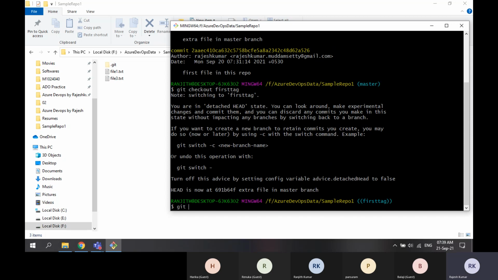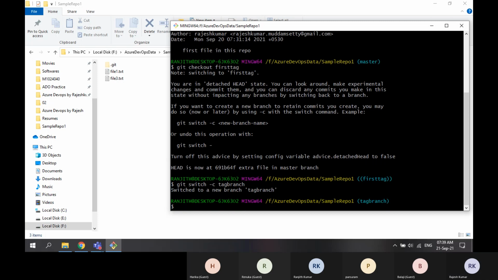So if I do git switch -c, I will name it tag branch. See, from this tag, I created a branch called tag branch.